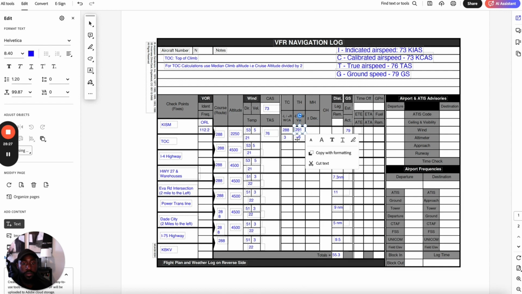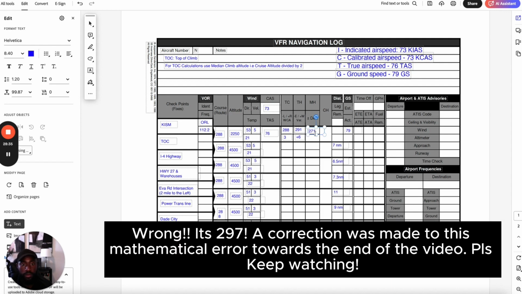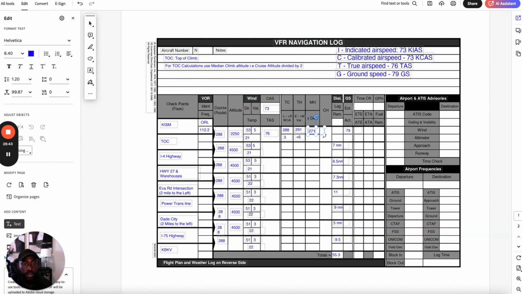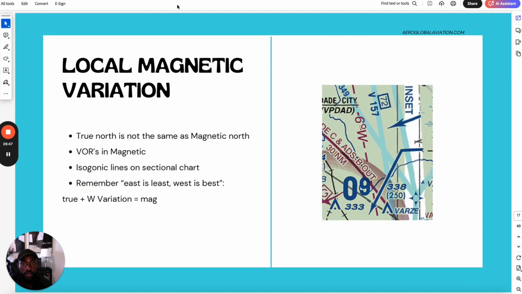So 291 plus 6 will pretty much give us a magnetic heading of 271. And then once we get that, the next thing we need to do is get the deviation and then add or subtract that to get the compass heading. So the deviation is, if we come back here,